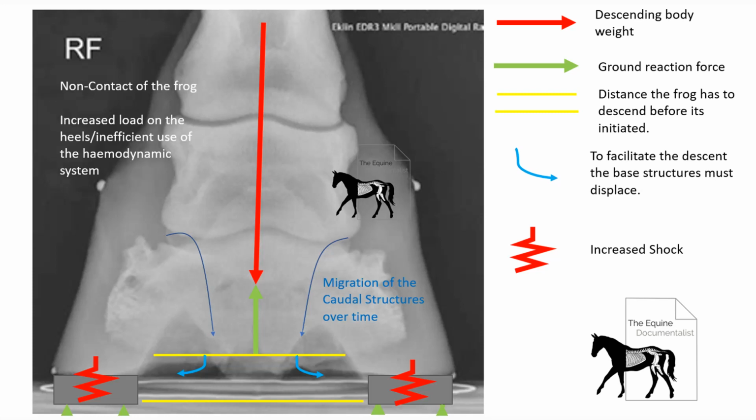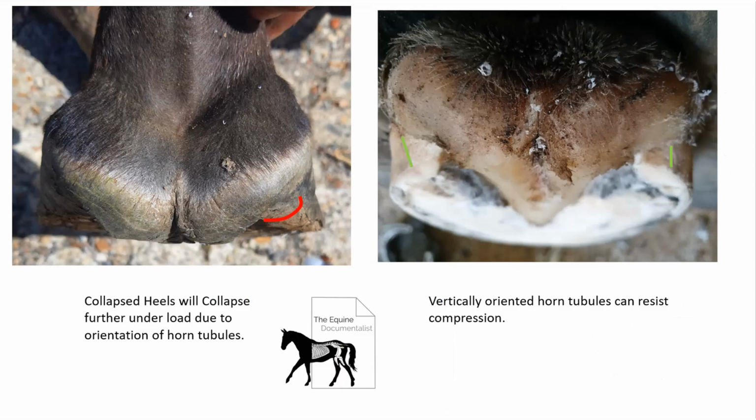So it gets progressively worse as the hoof capsule fails more and becomes more distorted. Yeah, exactly. If you look at the heels, they start to collapse, and then when they're collapsed and they bear weight, they collapse even more, and that's where you create the vicious cycles. I talk a little bit to my clients when trying to explain it. It's like a straw. If you push a straw directly point to point, there's a little bit of resistance. But if you turn it sideways and push it in the middle, there's no resistance at all. And once those horn tubules start to run forward,